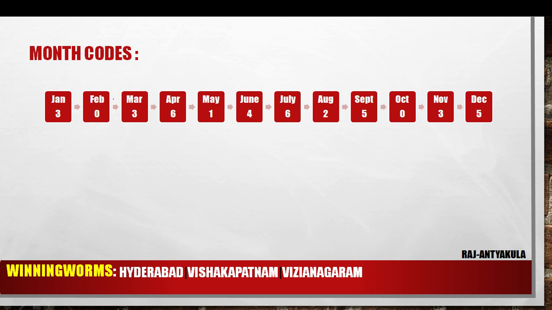See here, month codes. What is month code actually here? Simple. While doing the calculation, this is the number of odd days for a month actually. So for January, how many days will be there? In the month of January, the number of odd days is